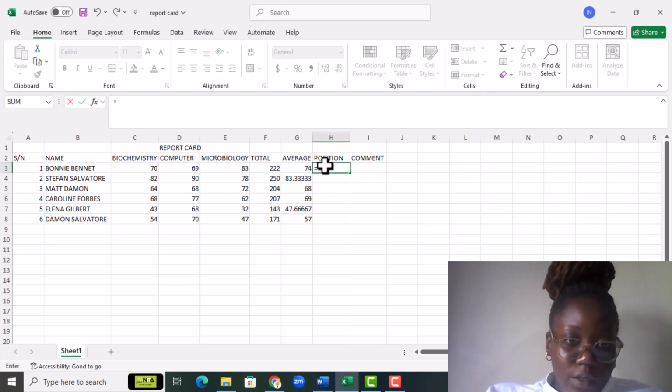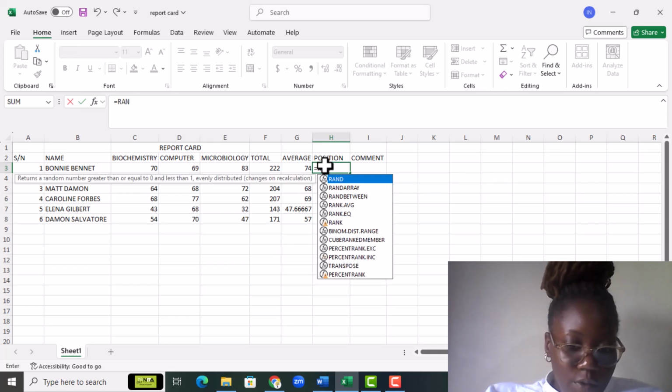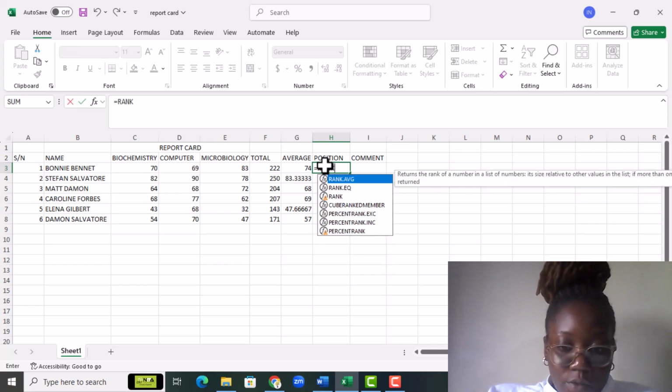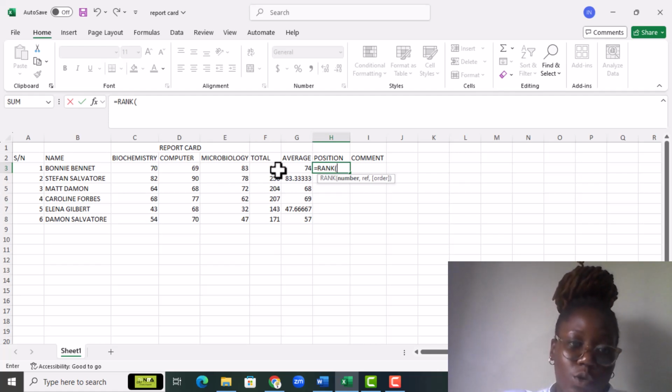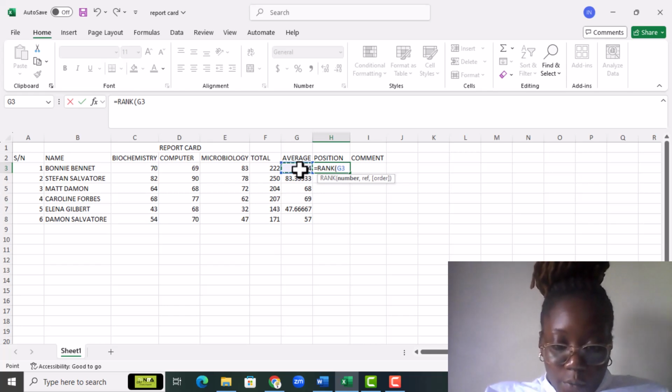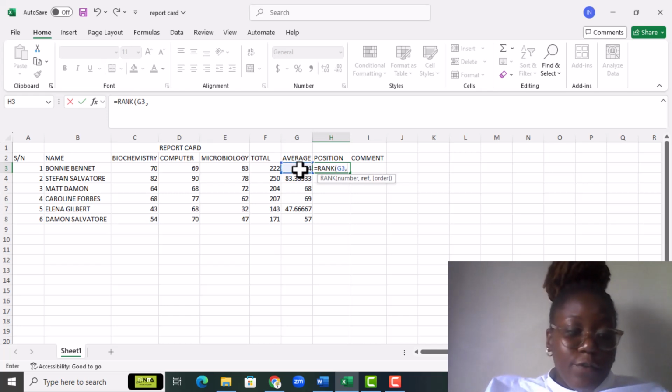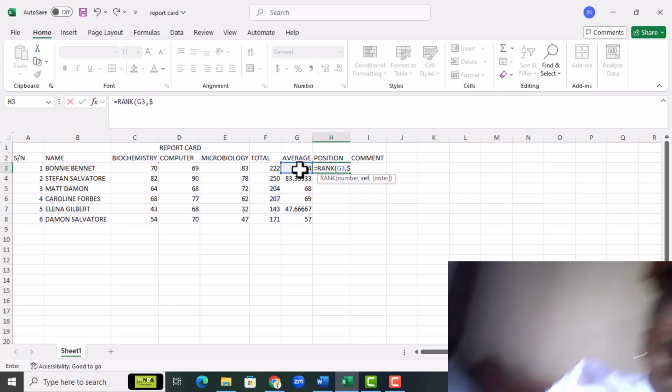So it'd be rank, and then we select the cell, that's the cell reference you're going to use. For example, you could use the average or the total to rank the students. In this case, let me use the average. You use the average, then you put a comma and then fix it. We fix it using a dollar sign. So do that, G3,